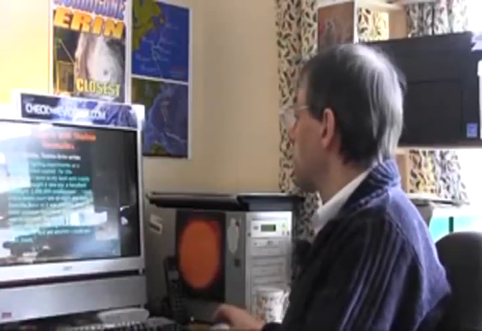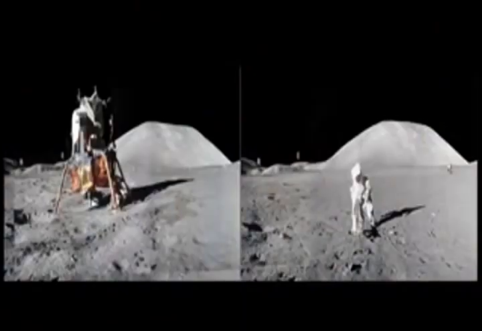And this is one that's been put together by David Percy, and I've just made an animated version of it. You know, this is a NASA photograph. This is the Apollo 17 mission. So what we've got here is two pictures taken supposedly at different times on the same mission, both